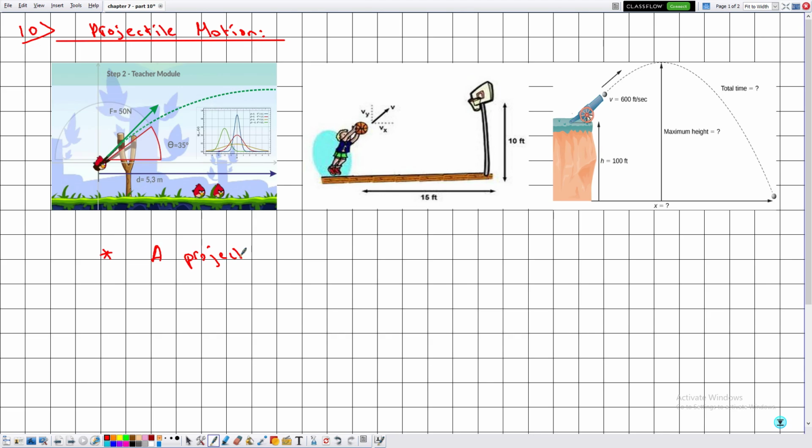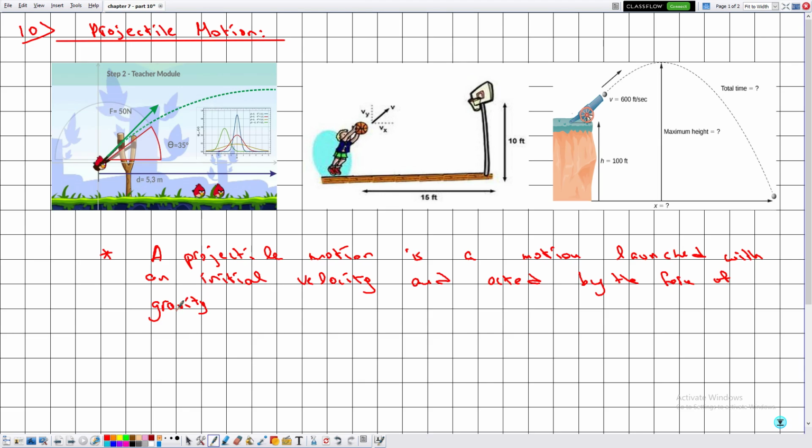Projectile motion is a motion of a body launched with an initial velocity and acted on by the force of gravity, which is the weight, in addition to a resistance,